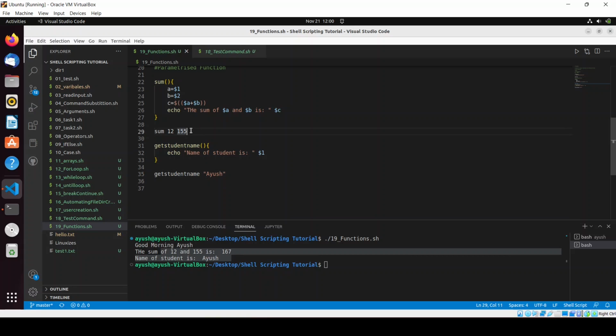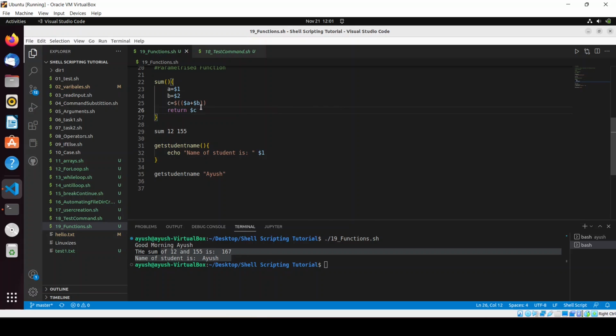Whenever you call the function and it returns something, you need to store that return value in a special way, with a special symbol. If you don't want to echo but just return the value, you have to write